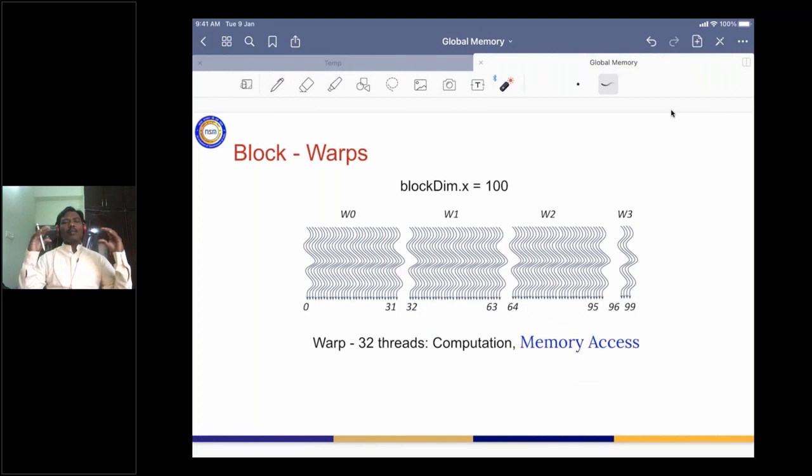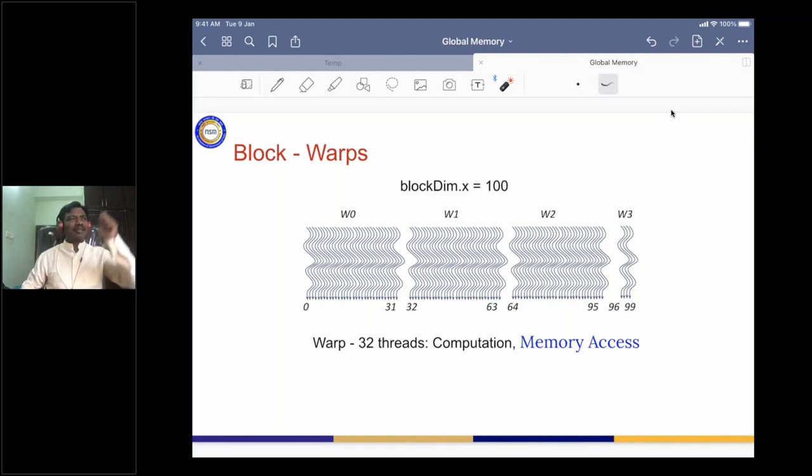Whenever we talk about these 32 threads, they are going to read memory locations together, not one after the other or independently. There is T0, T1, T2, and so on, up to T31. All of them figure out where they want to read from RAM, from global memory in the GPU.